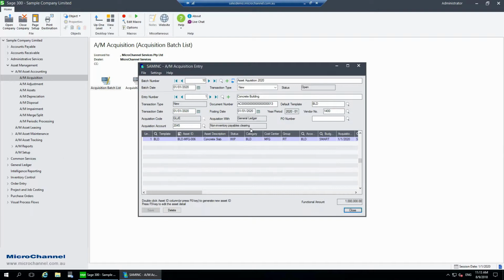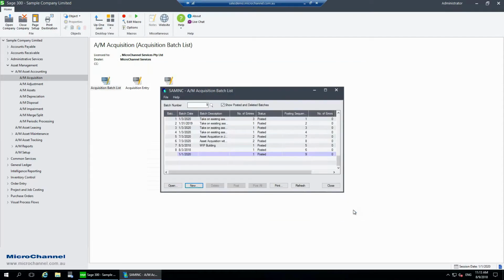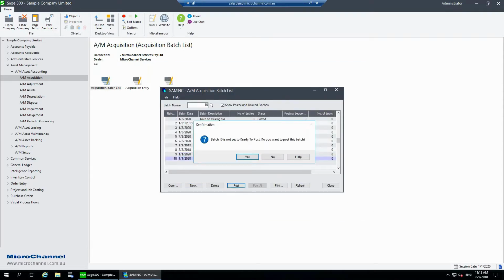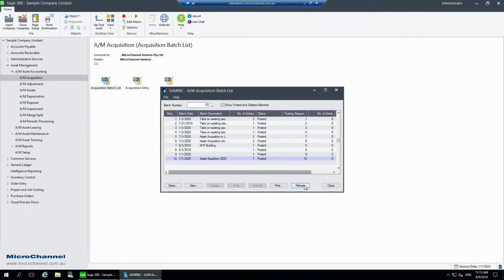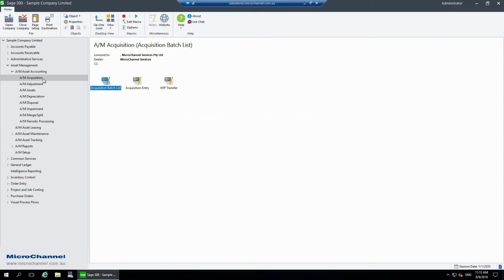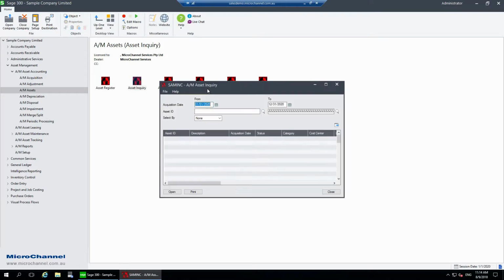When you transfer from work in progress to current, it'll then handle the accounting entries out of work in progress to the fixed asset control account. So I'm going to post the dispatch. If I were to go do an inquiry on this asset under the AM asset screen, I would see this asset, number 6, if I were to open it, has a status of work in progress, and I can